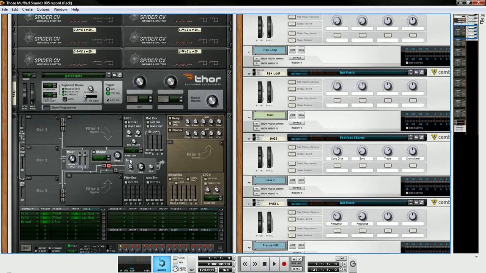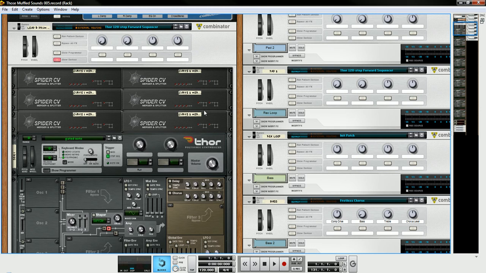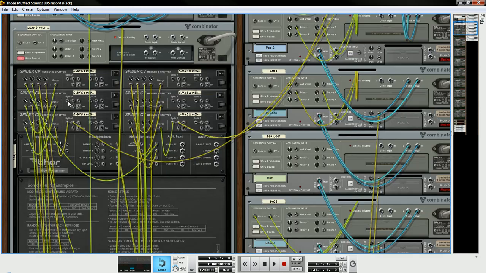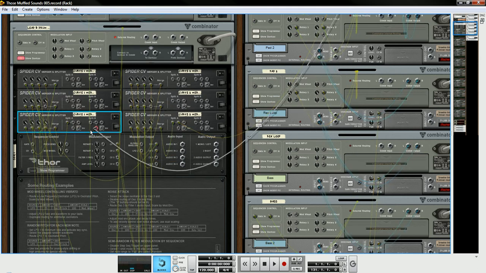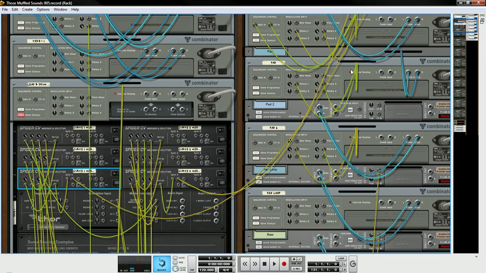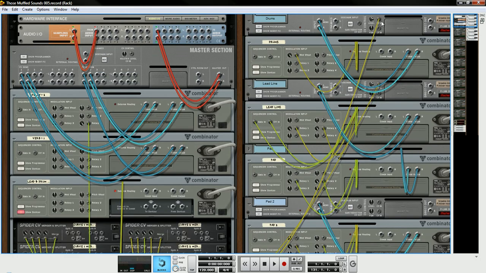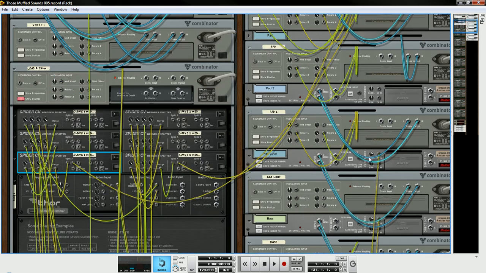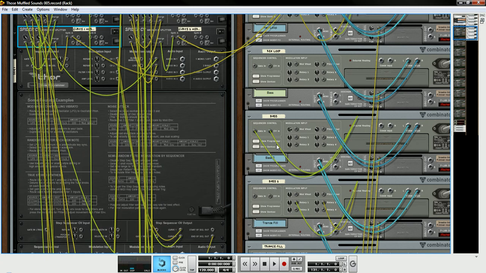way up here using these merges. This is the curve 1 merge, this is the curve 2 merge, and then those are all merged together, and then these CVs over here are sent out to control those sound devices over here, and they're controlling all the levels over here of all the different devices. So you see the level over here, so that basically all of these Thors are being used to sequence the